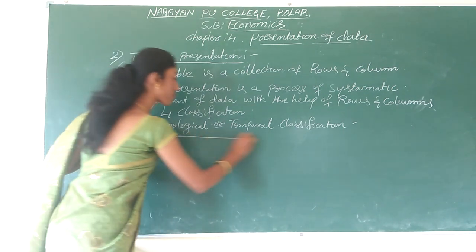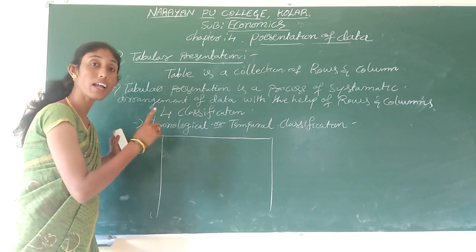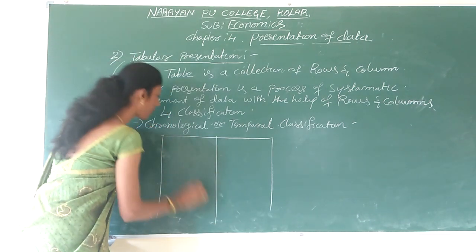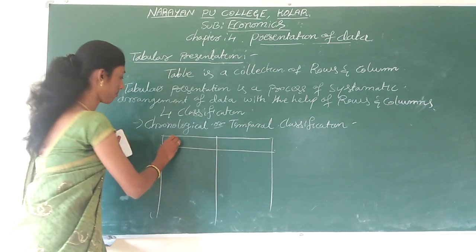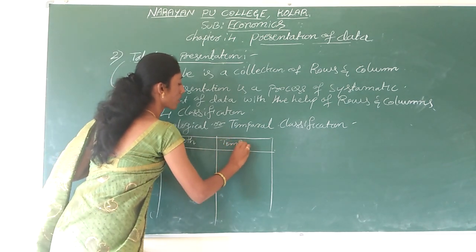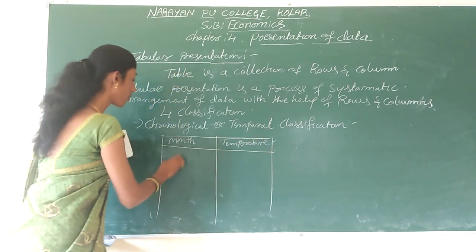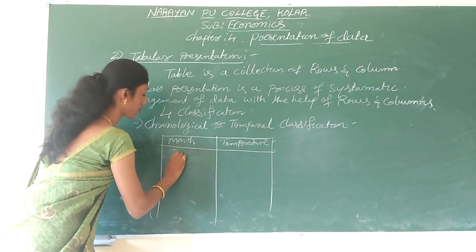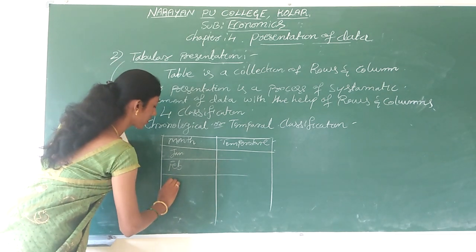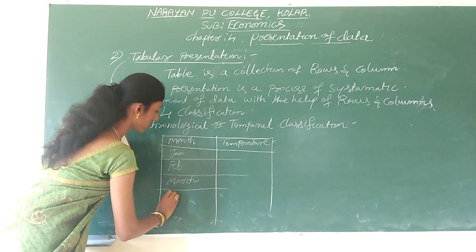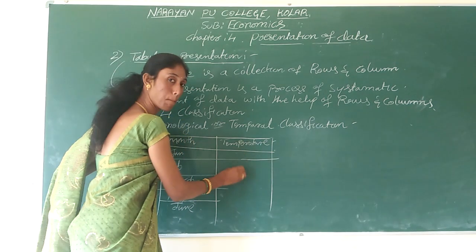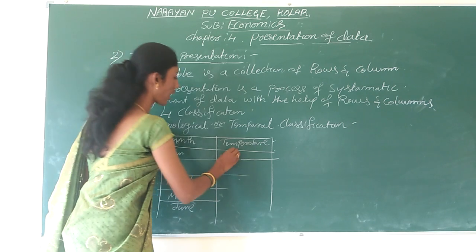Understood? Here, the table mainly depends on the time duration. We enter the data in the table based on the time duration. Like, take the example of months and temperature. Here, January month, next February, and the month March, and next April, May, June, and we will write the temperature of the month here. Like the January month, we will have 22 degree